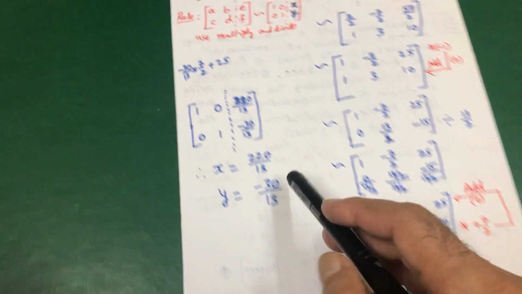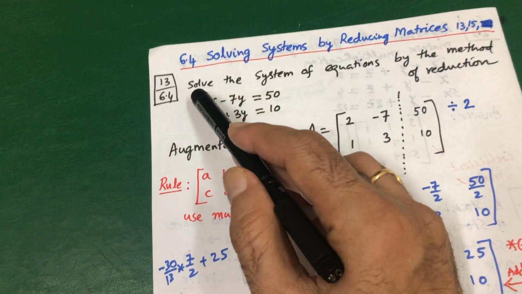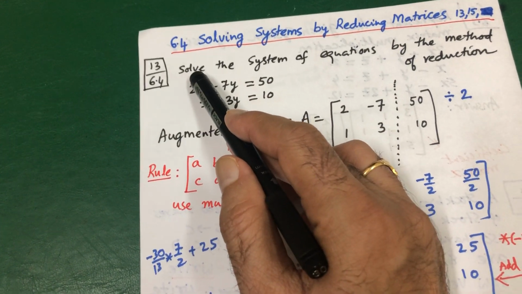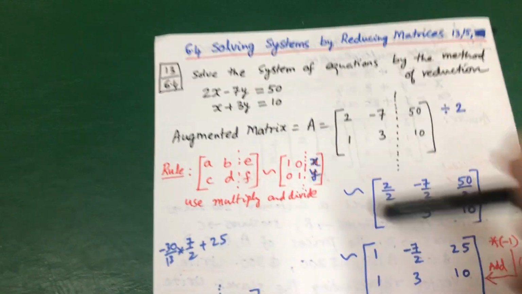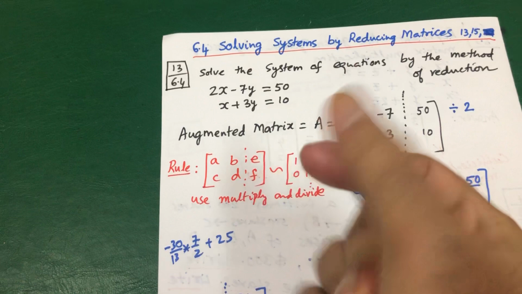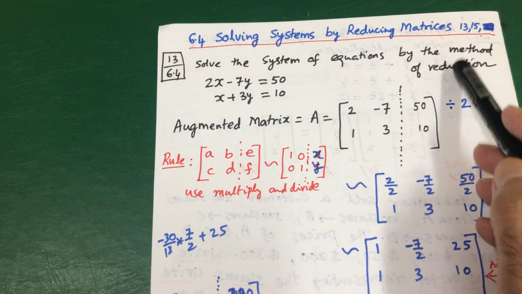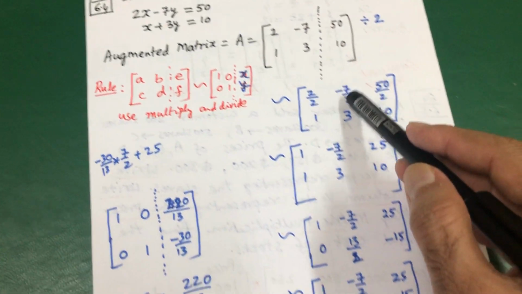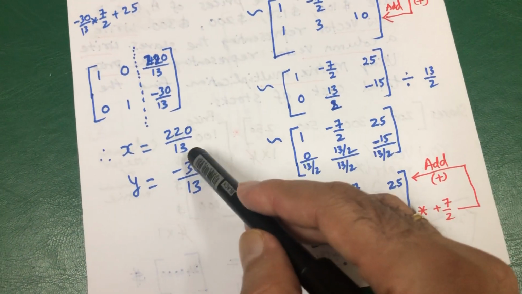We are getting the answer x and y. Solve means what? Solve means, I already told you, find x and y. Solve means find x and y. So how to find? You can use a calculator, get the answer in one step. But what happens is you have to use the matrix method, the reduction method. So you write the matrix and you do a lot of work, and finally you get this answer.